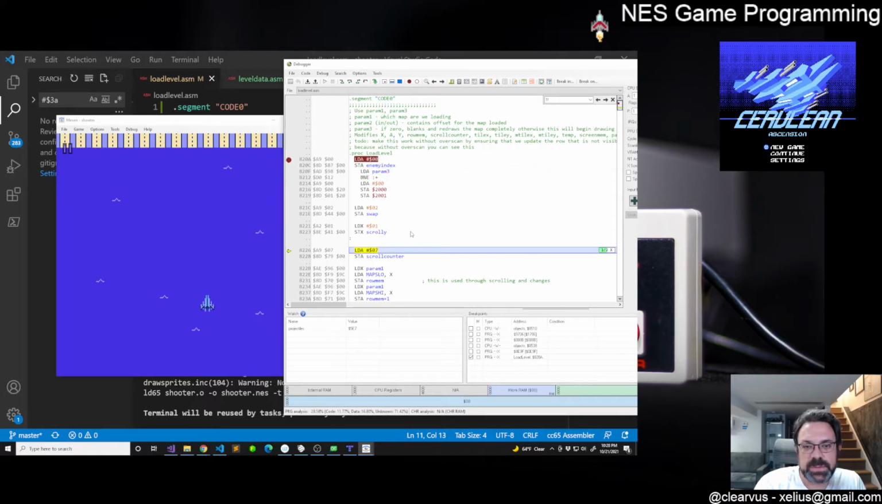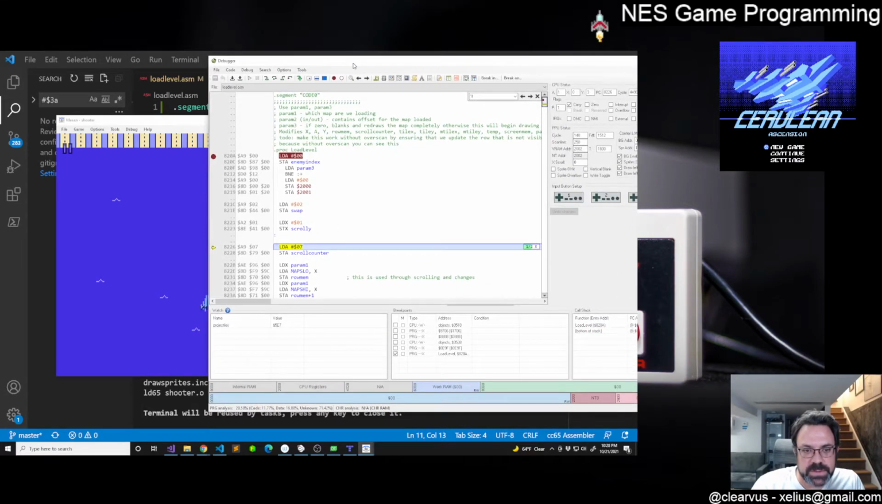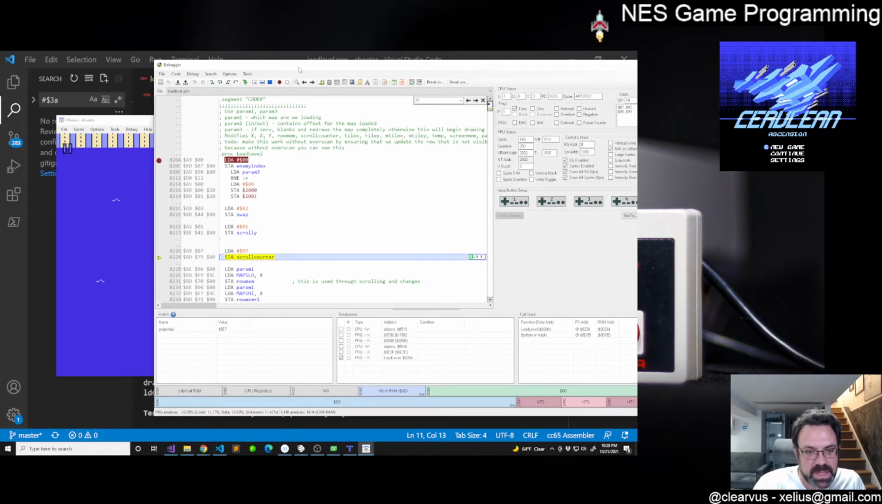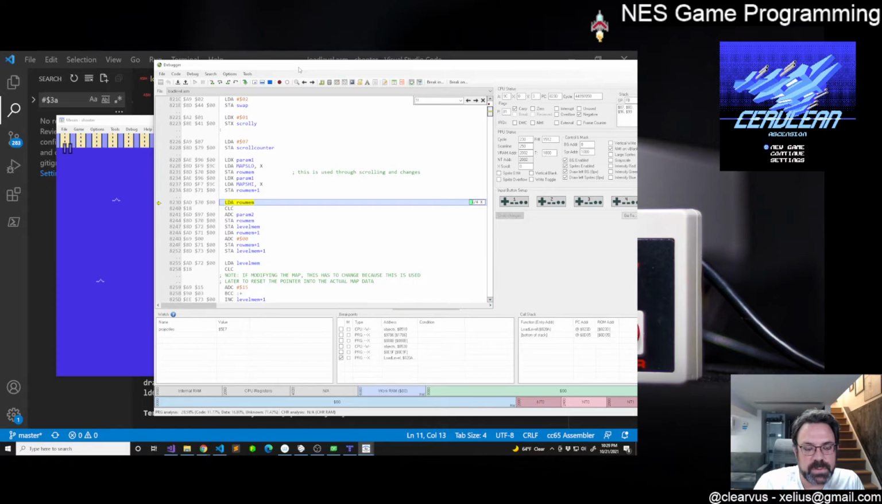All right, so param 3. Okay, so we're not turning off. Yeah, so we don't turn off the screen because we're not doing a full screen reload. So load 7 and store that into the scroll counter. Yeah, that's all fine. Param 1. So that's getting the map info here. Param 2 got added in. Param 2 is the next level offset, which